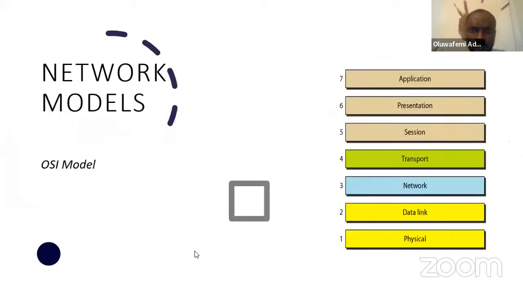This is messed up in this slide. So I don't have topology here, but I'll talk briefly on topology before I talk about network models. And network models majorly is where the protocol comes in, right? So what is topology, network topology? Network topology is the way you want to connect your network, right? So majorly there is bus topology, there is star topology, there's mesh topology. There is also hybrid topology.